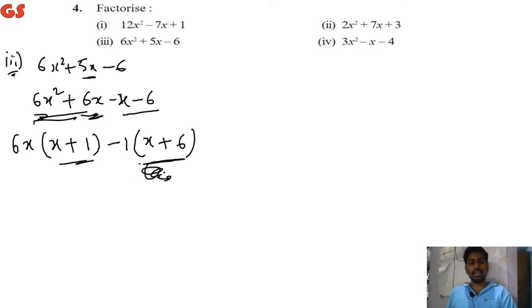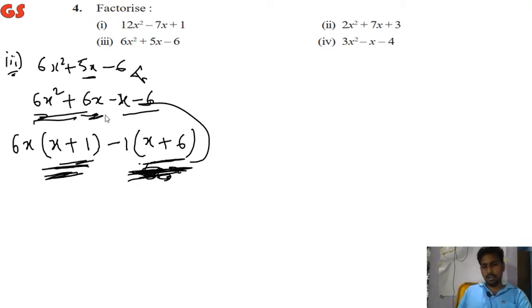You can't take this as a factor of this term, so you have to take another number so that you get the common factor. Like if you are getting x plus 1 here, you have to get x plus 1 here also. Or x plus 6 you are getting here, so x plus 6 you have to get here also. So for this one I am making another assumption that you should be very clear about. So how will you get the number? See, instead of 6x minus x we change something. Okay, so see this one.